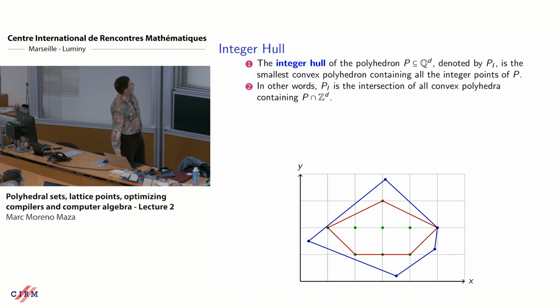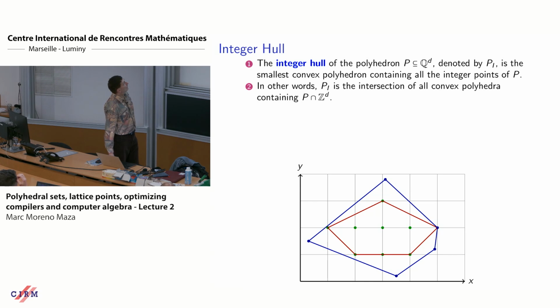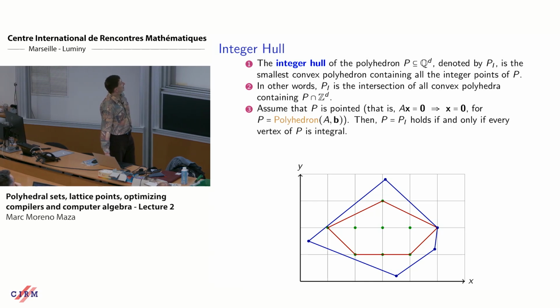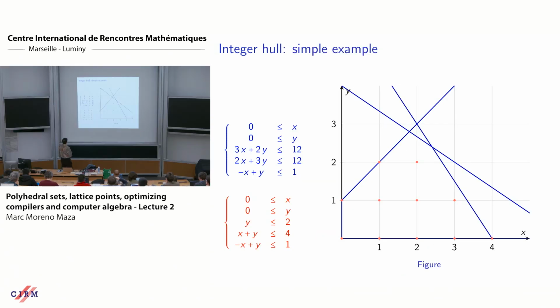Another way to phrase that is that P_I, the integer hull, is the intersection of all convex polyhedra containing the integer points of P. And when P is pointed, then P equals P_I, so P is its own integer hull if and only if every vertex of P is an integer point. Another example,